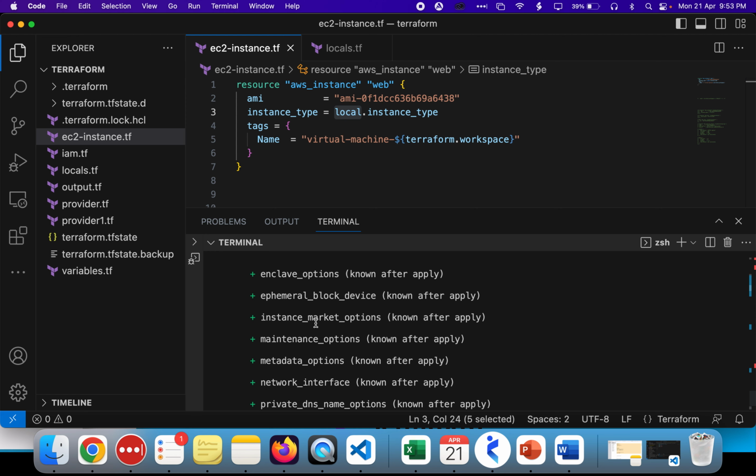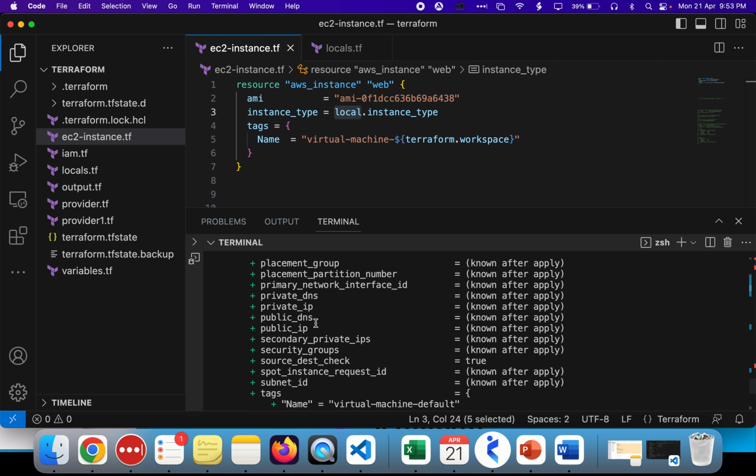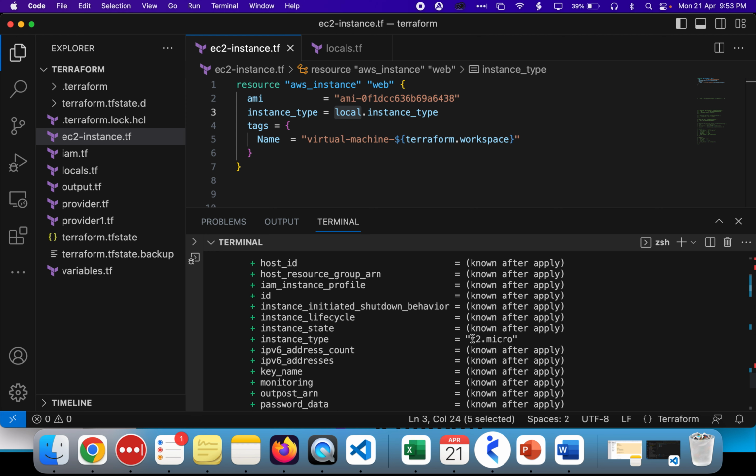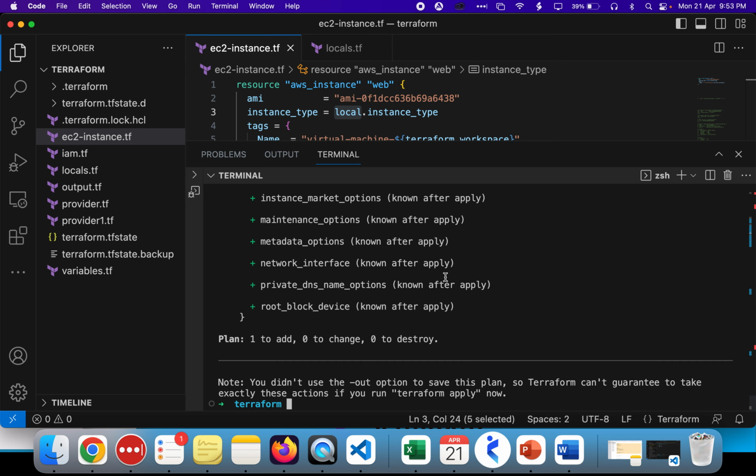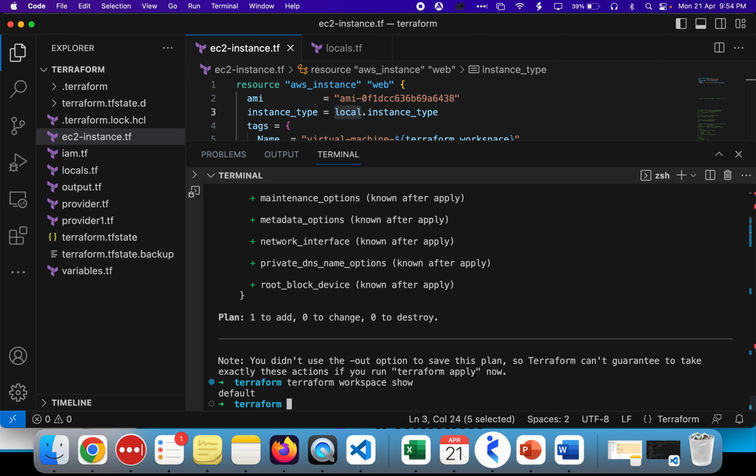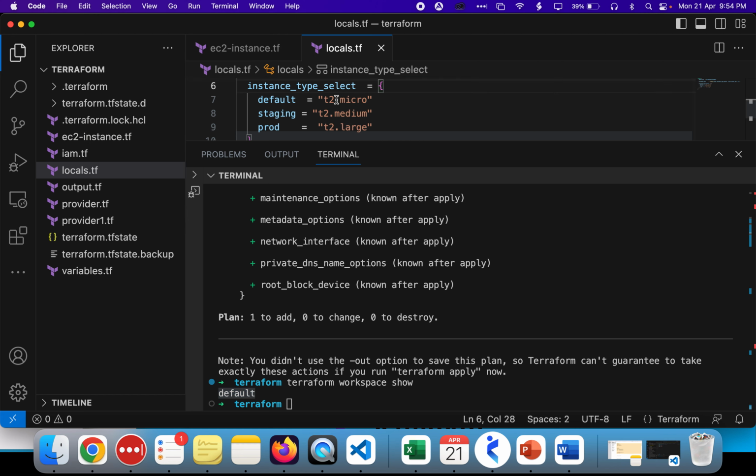All right, okay, now we can see it's going to be picking up t2.micro. The reason being, it is just telling the workspace. So currently the workspace is default, that's why it is picking up t2.micro. Okay, now what I'm going to do is make a Terraform workspace new